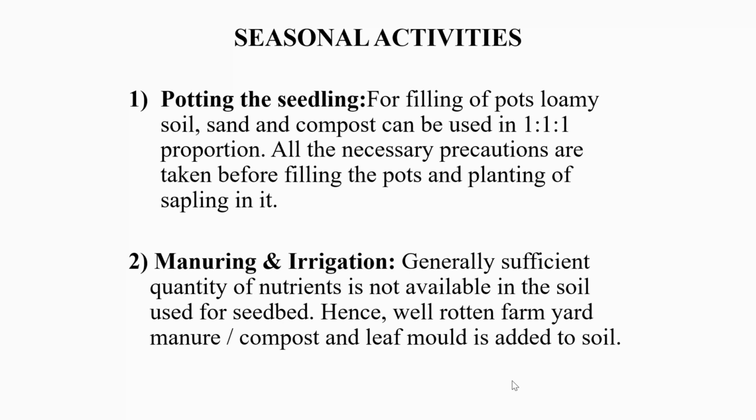Rooted cuttings, layers, or grafted plants require fertilizers till they are transferred to the permanent location. Addition of fertilizers will give healthy and vigorous plants with good root and shoot system. It is recommended that each nursery bed of 10 by 10 meter area should be given 300 gram of ammonium sulfate, 500 gram of single super phosphate, and 100 gram of muriate of potash.